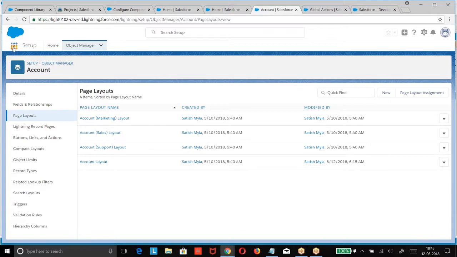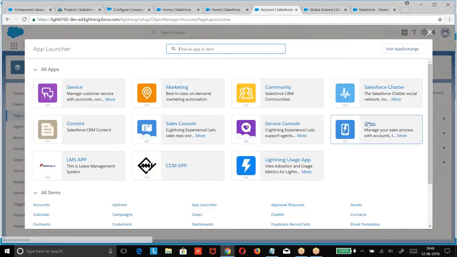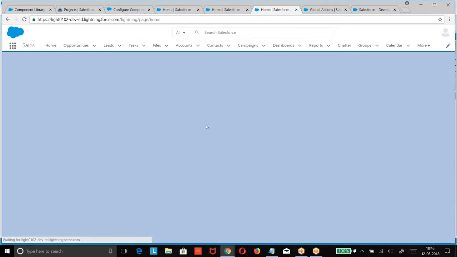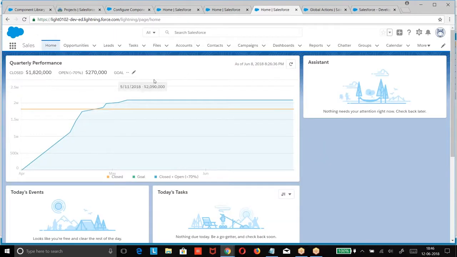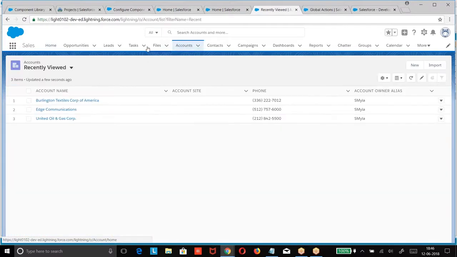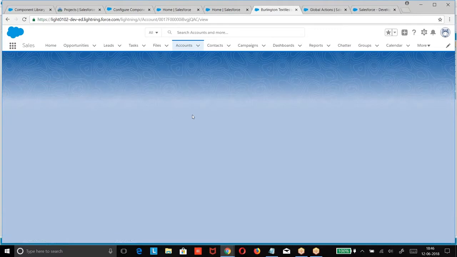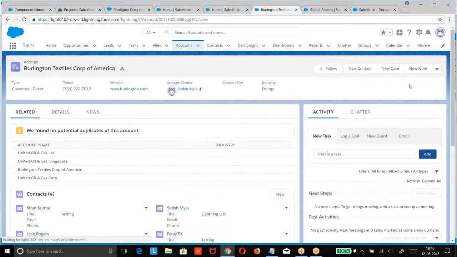So go to the application. Did you get the points yet? Right? Go to Account. Go to any record. Now we had here New Contact, New Case. What are the other actions we had? Here. What are you finding there? So this is available on a particular record, on the detail page of a record. We are creating an object specific action which will be available on the detail page of a record.